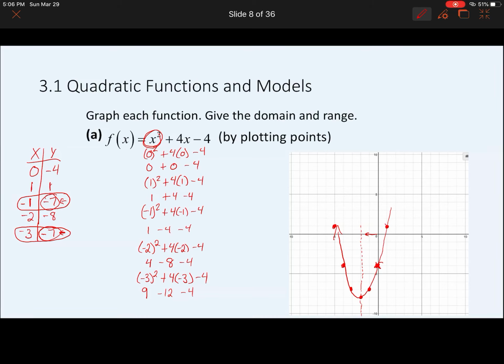Now, because it is symmetric, we can also know that if I were to take negative 4 and put it in, negative 4 should be at this point. Because, again, it's symmetric with this one over here, right? And if I were to put in negative 5, it would be at this point because it's symmetric with this one. And so because of that, we're able to get our graph, but we have to get enough to get the curve. Once you see the curve, then we've got enough. You don't have to continue to plot points or continue to plug in numbers. We can do our graph from there. And so you can see that this